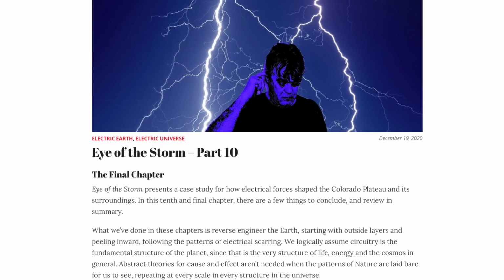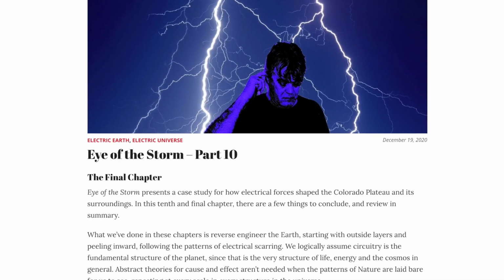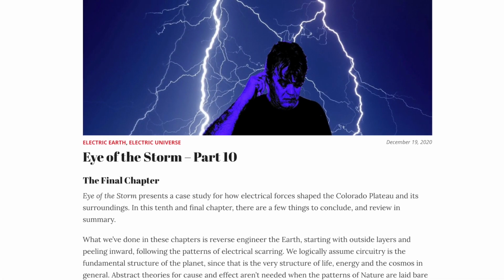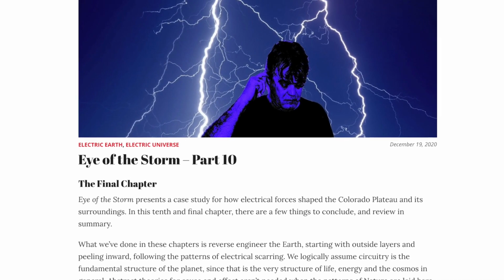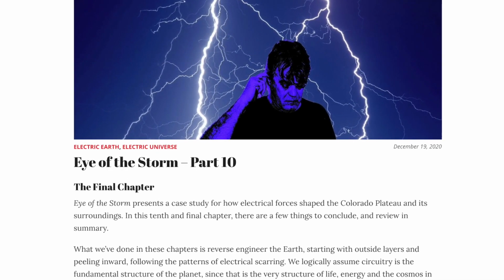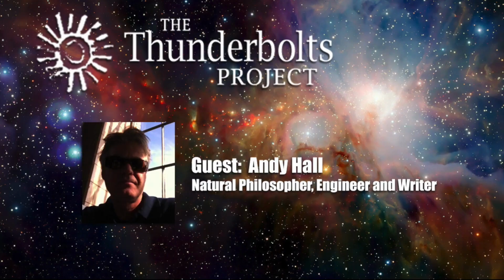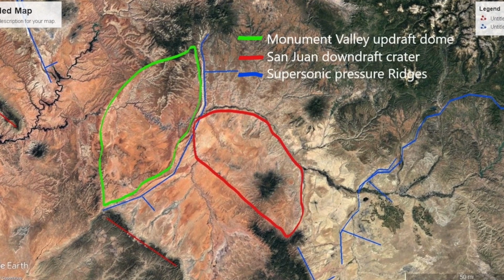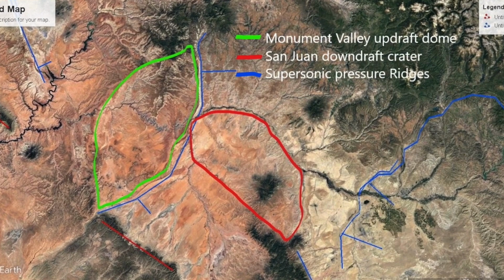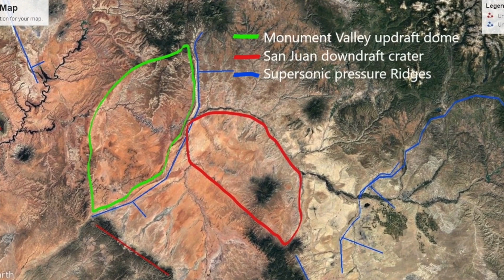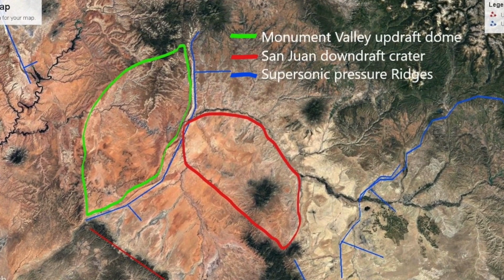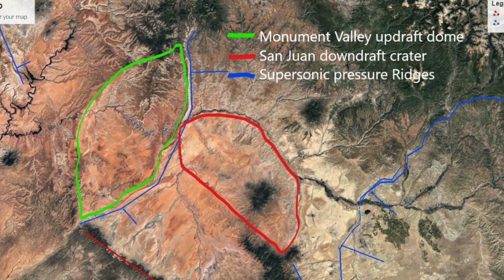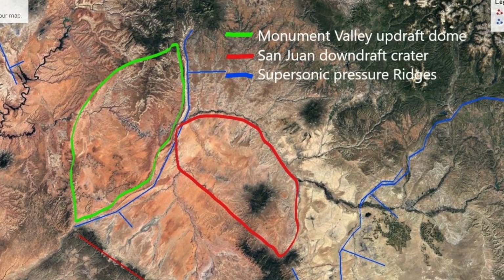Welcome to Space News. This is Andy Hall, and over the course of the past year, I've been presenting a multi-part series called Eye of the Storm. In Chapter 5, we looked at coronal storms. We looked at the San Rafael Swell and Capitol Reef, as well as Monument Valley and the San Juan River Basin, as sets of dome and crater pairs produced in the eye of the great primordial storm that created the